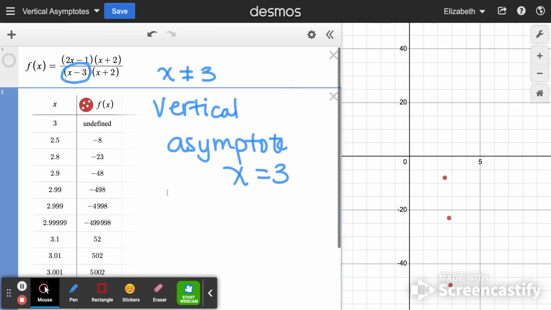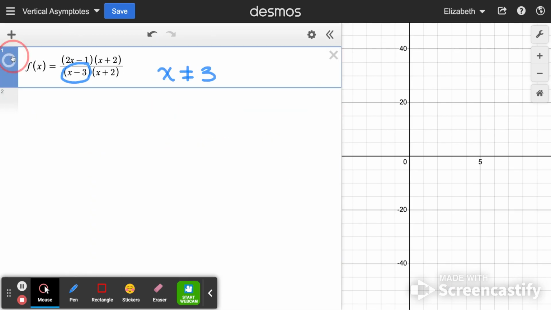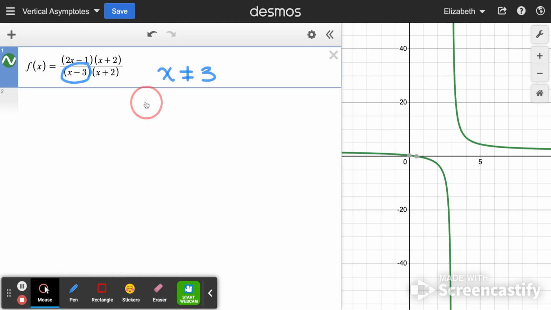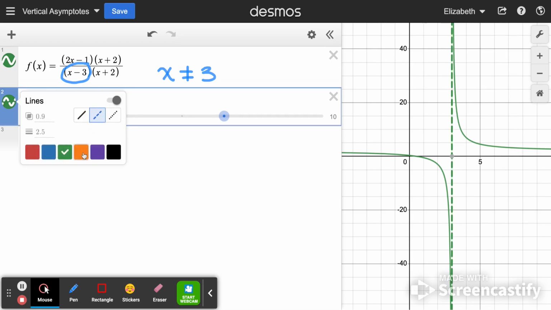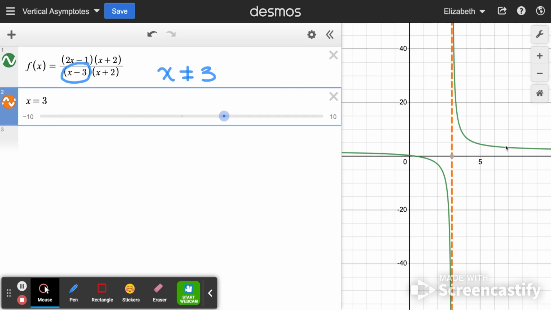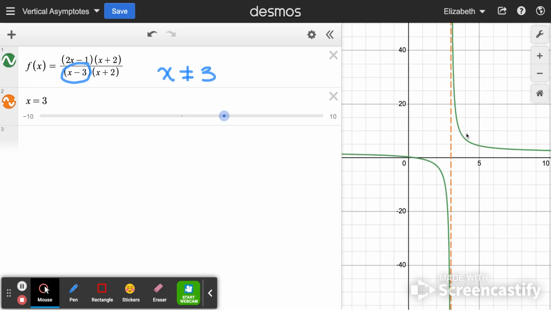So here is a picture of the graph of this function. If we were to type x equals 3, I'll just change this to be a dashed orange line. You can see that there is a vertical asymptote. As we move towards that dashed line, the function is getting closer and closer to the dashed line. It will always be moving towards it. No matter how close we get to 3, the function